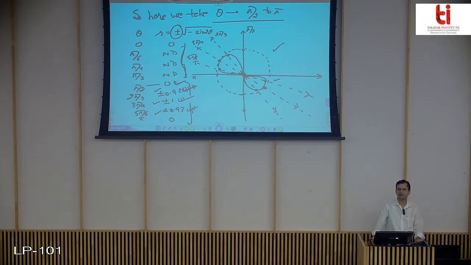That tells you that even in the case of symmetry about the origin, sometimes it may be possible that you have to shift the value of theta from 0 to pi by 2 to the other quadrant, that is pi by 2 to pi. Okay, so with this your graphing in polar coordinates is complete now.